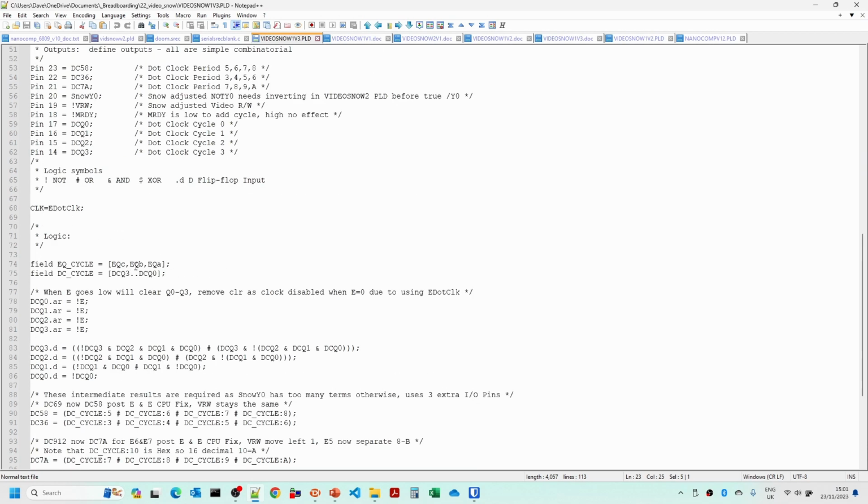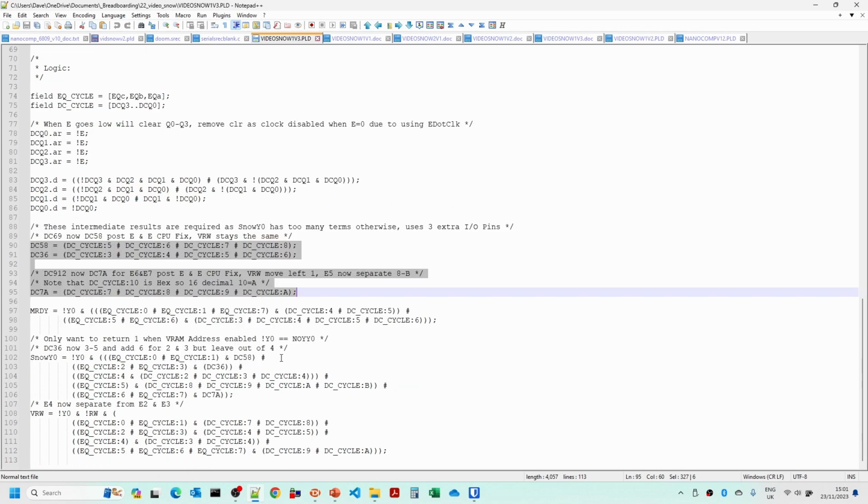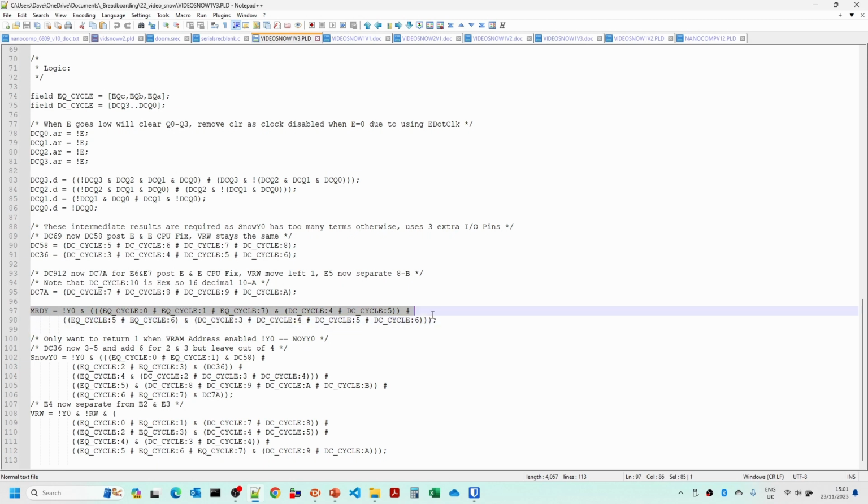So I've made those consistent now. And some of the timings, so some of these are where these sort of timings had to be changed. Obviously I've now, rather than got 1 0 in there, I've now got A, and so that was one of the problems we've just been talking about. I had to tweak the MRDY signals slightly, so from where I showed you the data in the charts and the graph paper, then they have changed slightly.